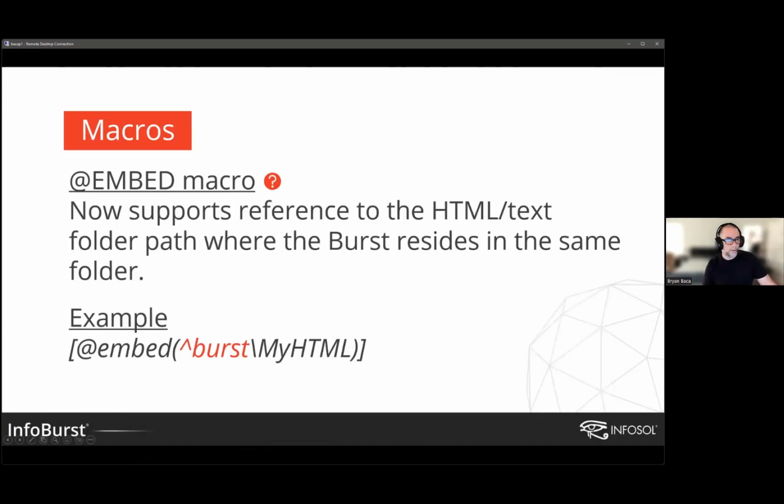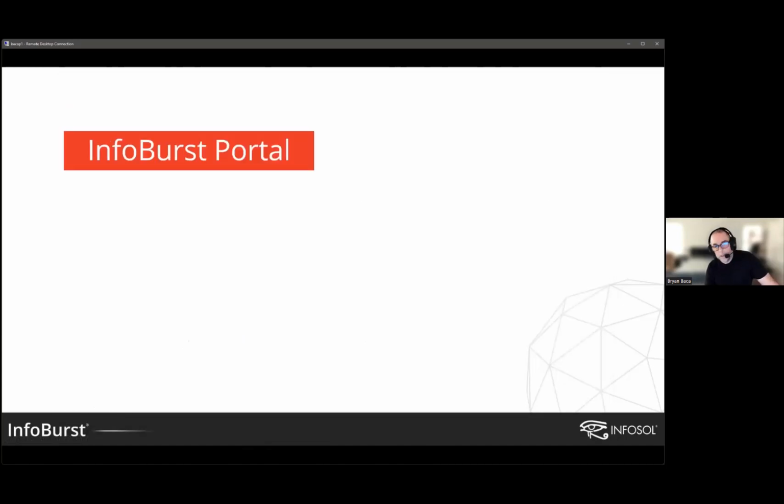All right, let's move on then to the portal. So we have more and more InfoBurst users adopting the InfoBurst portal to host their BI content, right? So for those of you that aren't aware, all license levels of InfoBurst come with the InfoBurst portal. You can set up the portal and deliver your BI content to it, your Webby reports, your Tableau workbooks, your Power BI reports, and you can leverage InfoBurst security to allow users to come into the portal and consume their